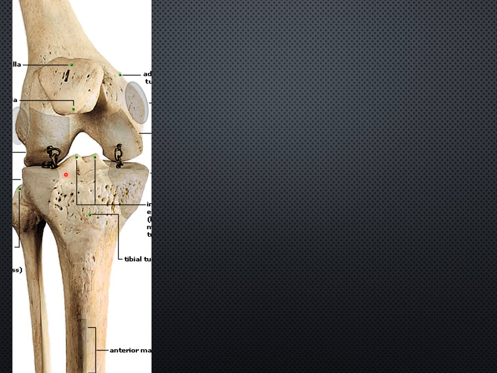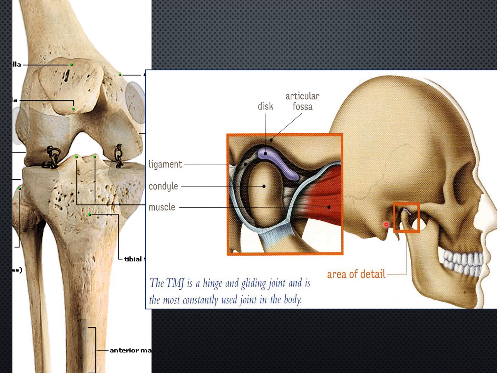So we look at the knee joint. You can see there are 2 condyles of femur. At the lower end of femur there are 2 condyles that are going to articulate with the flat condyles of tibia. So since there are 2 condyles, it is bicondylar type of joint. Similarly, we have the temporomandibular joint. We will learn the temporomandibular joint in detail later. This is the condyle that is formed by the mandible. You must have learned about the condylar process of mandible. So that is going to articulate with the almost flat mandibular fossa of temporal bone. A similar joint is present on the other side also, and both act together as one unit. That is why the temporomandibular joint is known as bicondylar type of joint.